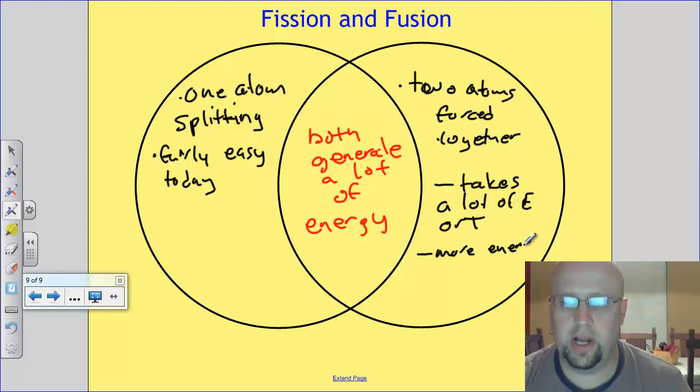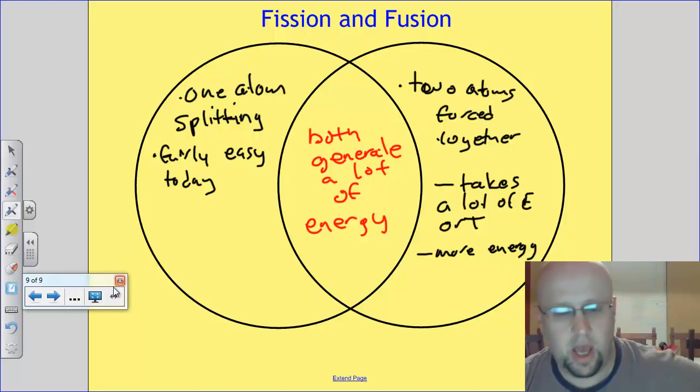You get a lot more energy out of fusion, but you have to put a lot of energy in. Okay, so remember those two definitions. Remember, we'll get some practice on how to tell what half-life is from the graphs. And that's it for